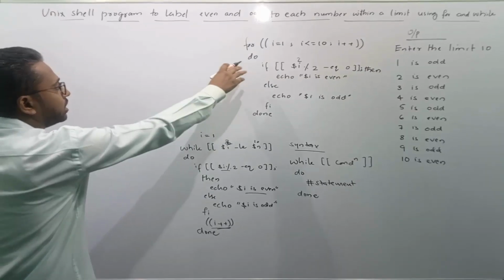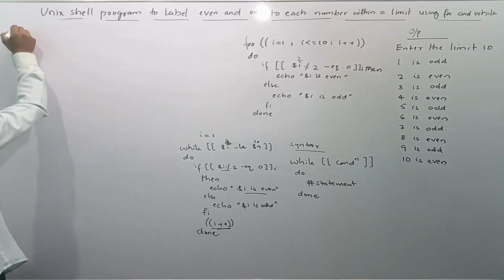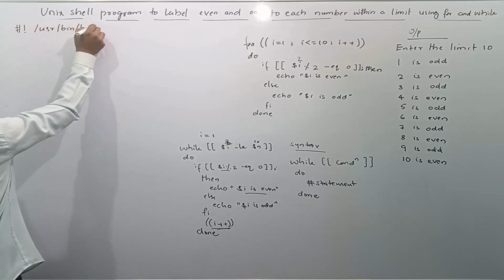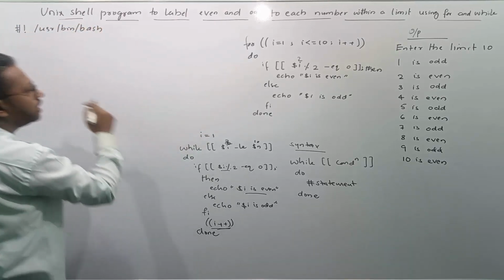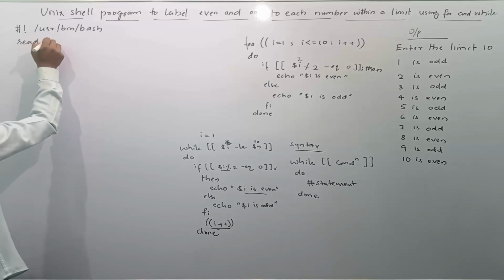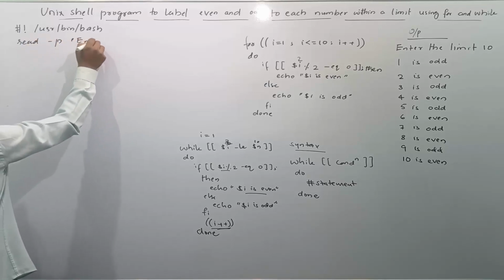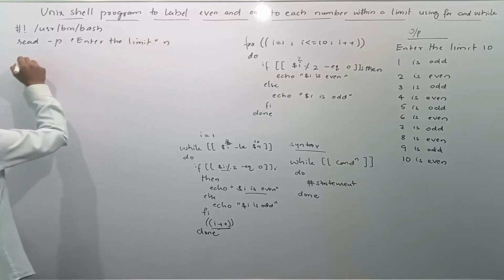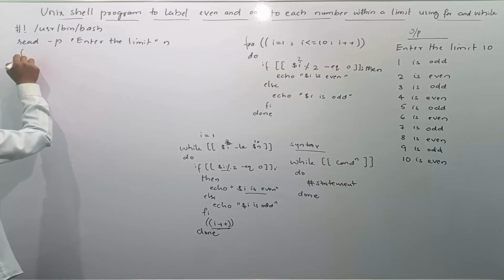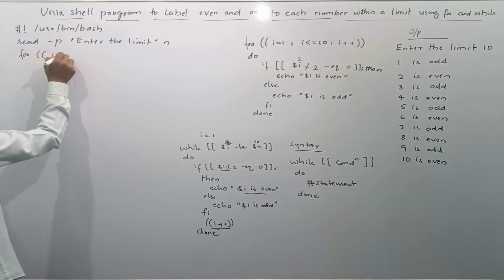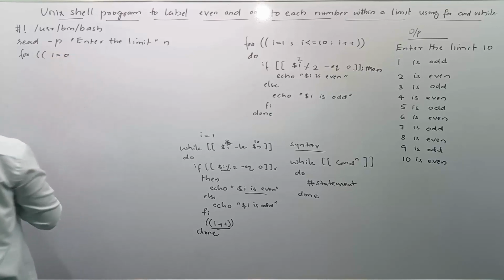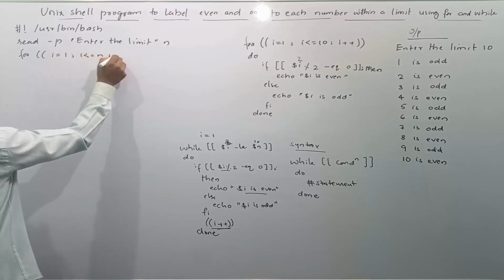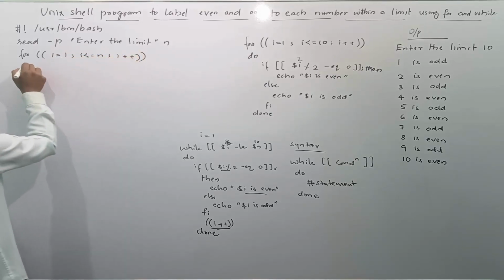Okay, so I will be considering the same snippet to write the Unix shell program. First I will write the program using for loop. Hash exclamation usr bin bash, and then I need to display the message, Enter the limit. Read space -p space, Enter the limit n. Then I will start for space 2 brackets I is equals to 1 semicolon, I is less than or equals to n semicolon, I plus plus,